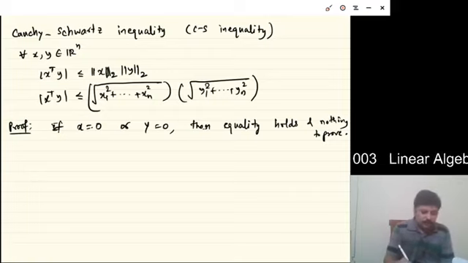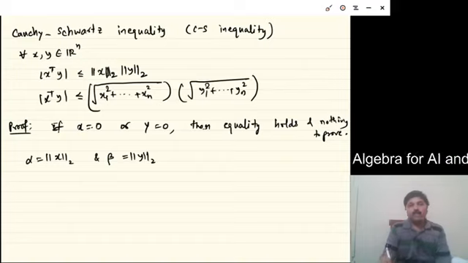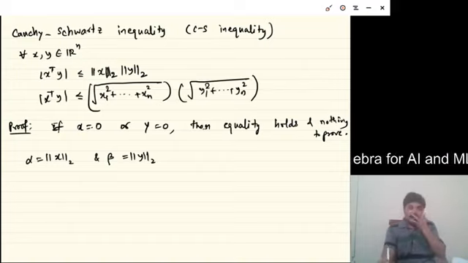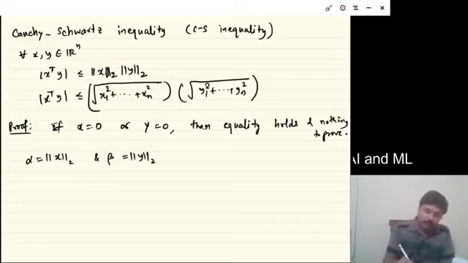So what is the interesting vector? Let alpha be the norm of x and beta be the norm of y. So alpha and beta are two scalars, because I am taking x and y both not equal to 0, they are both non-zero scalars, right? And what vector am I considering? The vector that I am considering,